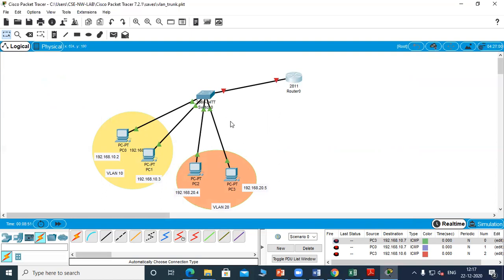So this scenario where two VLANs have to communicate is called inter-VLAN communication. So to make that possible, this interface is subdivided into two interfaces. So that helps two VLANs to communicate with a single interface. This scenario is called a router on a stick interface. So we'll see the commands for that router on a stick interface.